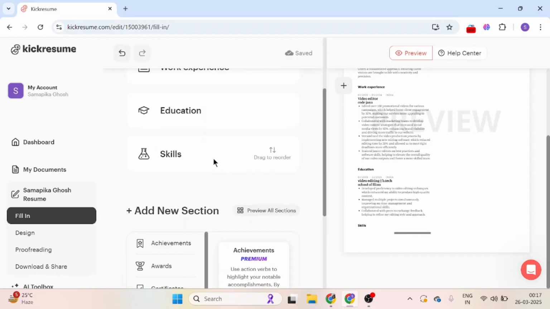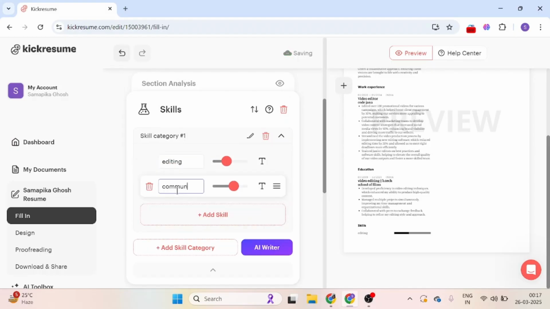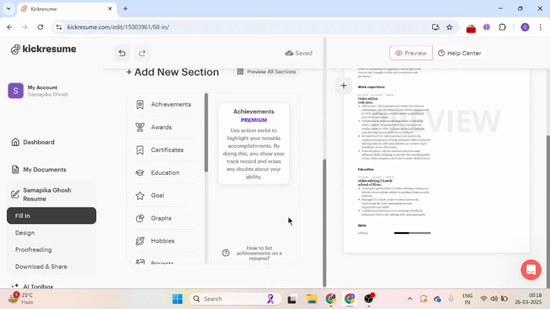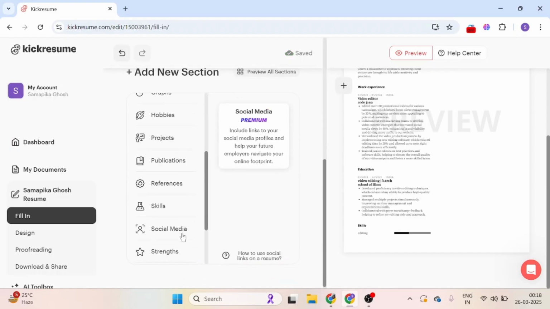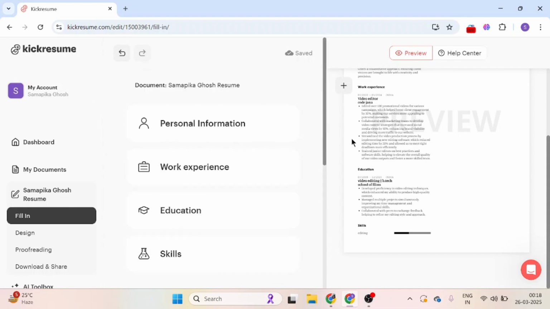And here comes the most important part, the skills. Type in the skills and to add skills, click on that and add in your skill. You can also add your skills using AI. Also, you can add a few sections from here and you can preview your resume on the right side of